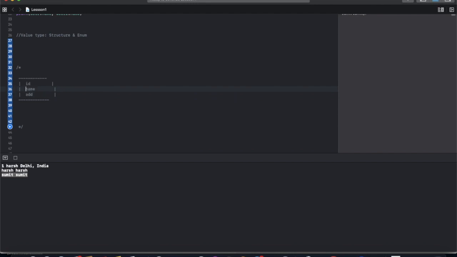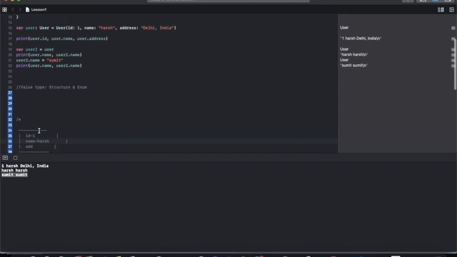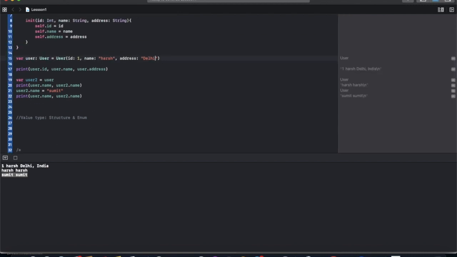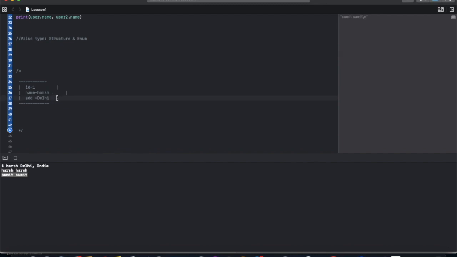Now if we provide the value of ID as 1, name as Harsh, address as Delhi. Now this is the container.